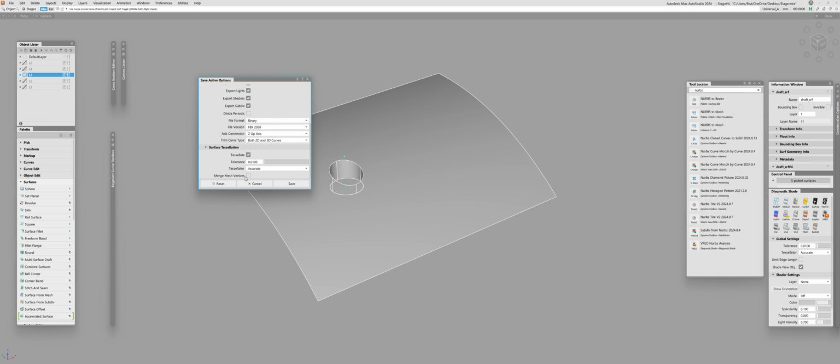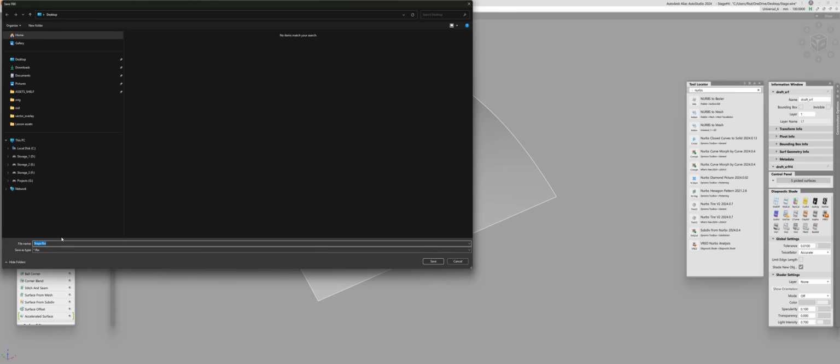Now, mesh vertices actually doesn't really work properly. It's supposed to replace the stitching procedure, but in fact it doesn't work that well, so just let it be. Yeah, that's pretty much it. Very simple, right? So if I go in and click Save, and I will save it on my desktop,